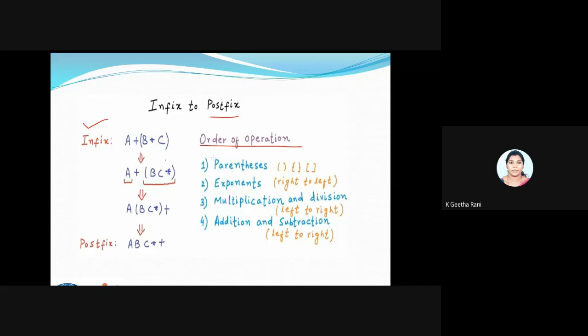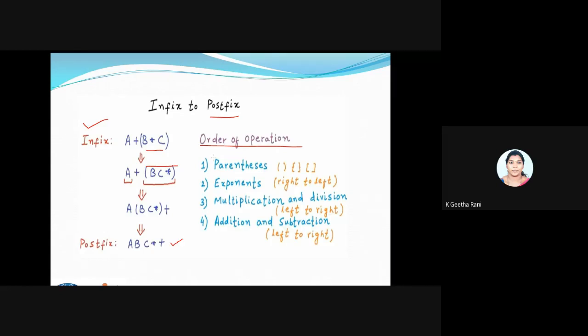This you know. Again, I will tell you, I'm having a bracket here. This is my higher priority. Inside this I'm having a star, so I'm going to apply a postfix for this. My first operand B, my second operand C, and then comes my operator, and this is over. Then comes your plus. For plus, A is my first operand, and the whole thing will be my second operand. So A, B, C star, plus comes at the end. I'm removing the bracket, and this gives me the exact postfix format.